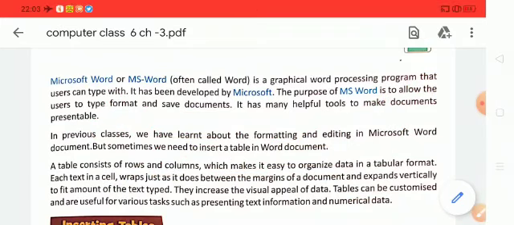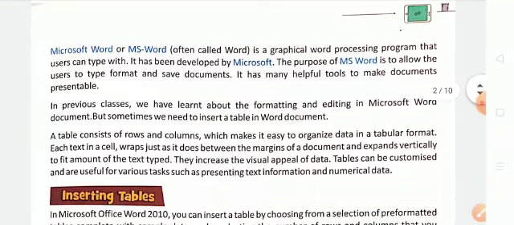Tabular format means in the form of rows and columns. Rows are the horizontal lines, and the vertical lines are called columns.